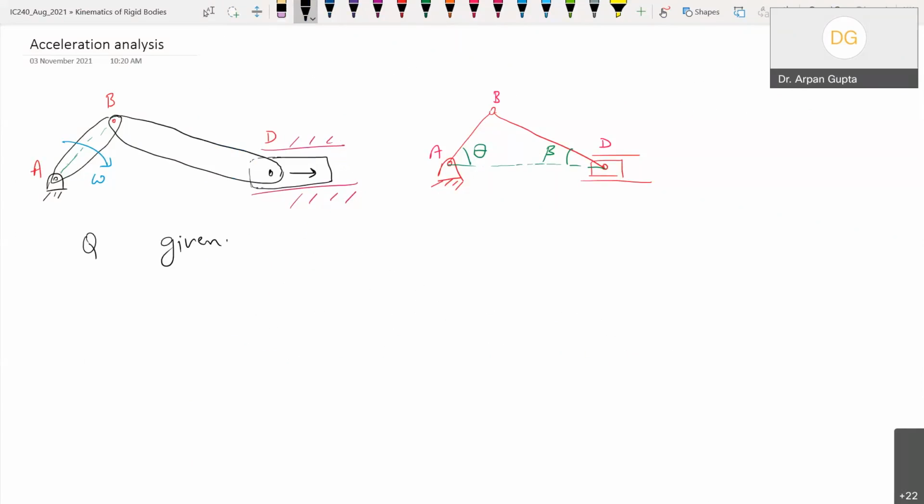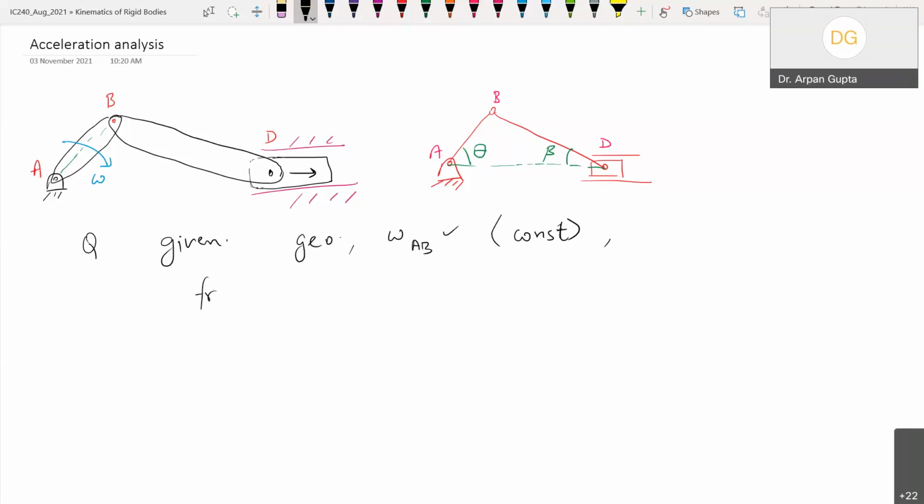given the geometry, omega of AB is given to us, and let us say I'm giving a simple analysis here. So let us assume this to be constant. Although there can be an alpha of AB as well, it will make things a little complicated. And for right now, just for learning, let us assume it to be constant. So given these values,